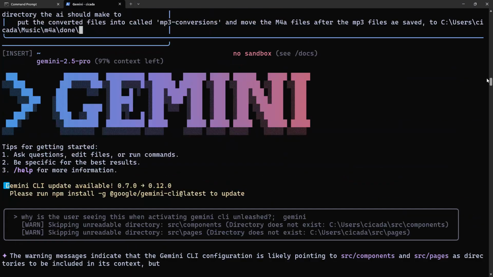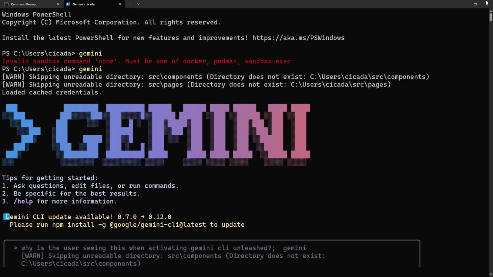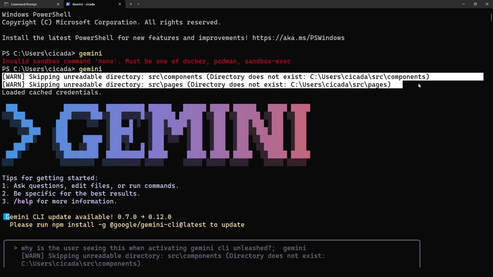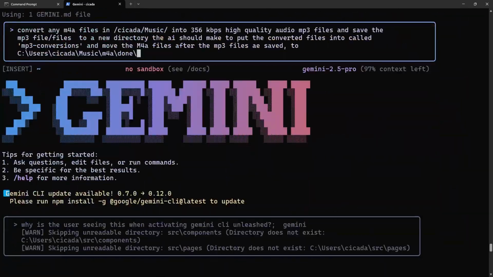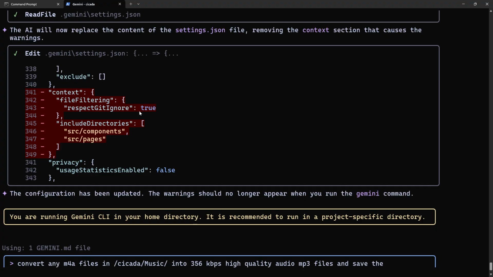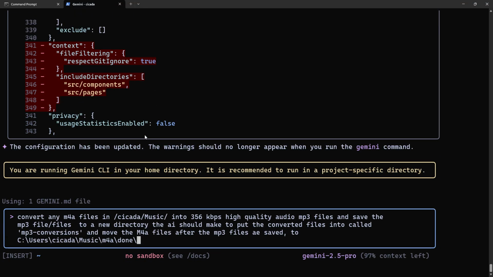Where are we? Here, warn, skipping unreadable directory source pages. Yeah, it's actually from something that doesn't belong there, which I accidentally put in there, and I realized I should put it actually back because